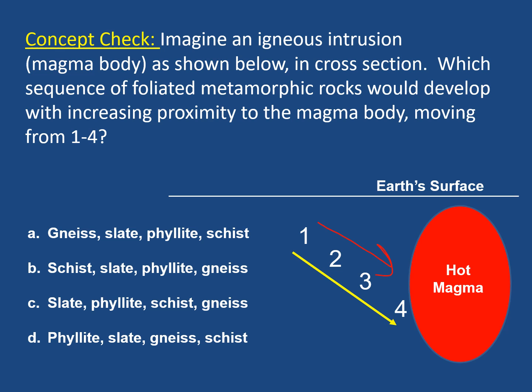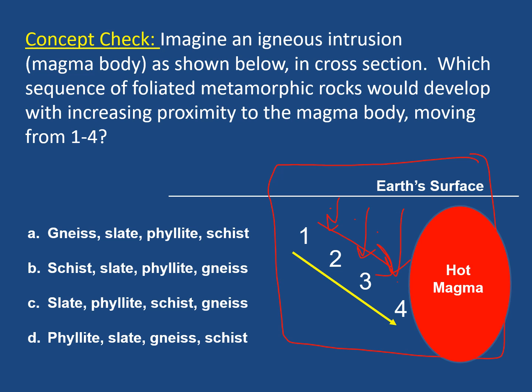Okay, what do you think? I put this one in here just to emphasize the progressive nature of metamorphism. A few slides back, we actually covered this. And the thing to appreciate about this diagram is notice that as we get closer and closer to the magma body, we're also getting deeper and deeper. In other words, as we approach the magma body, moving from point 1 to point 4, both pressure and temperature are increasing. So in this case then, all we want to do is arrange the rocks in order of increasing